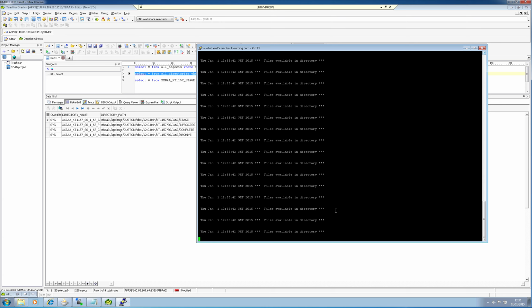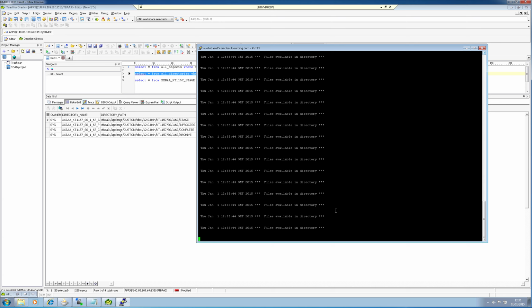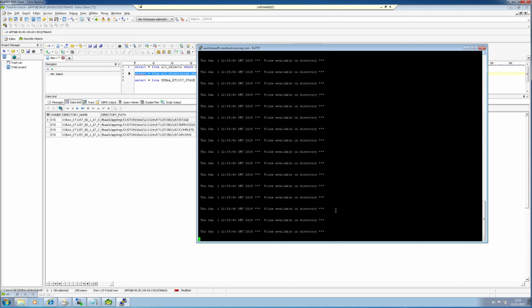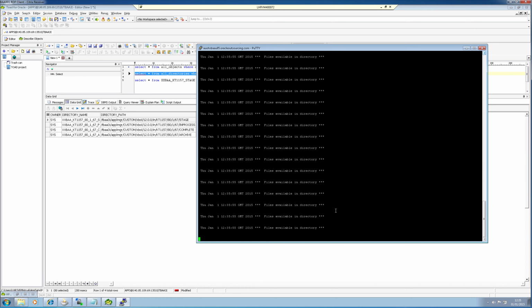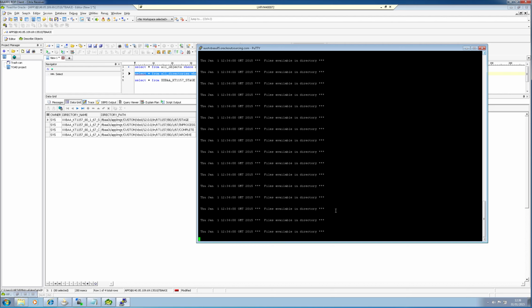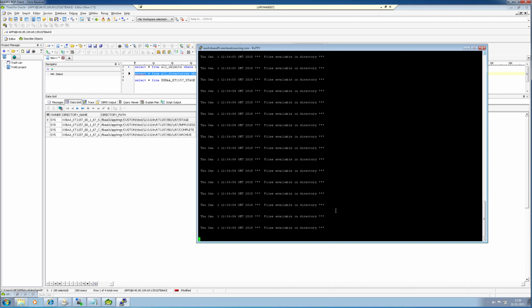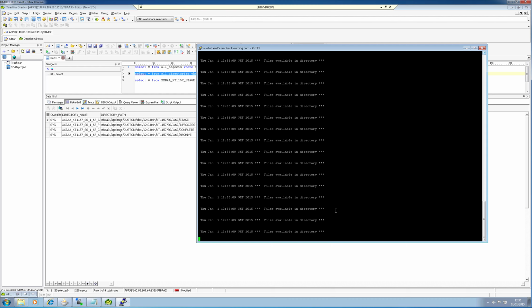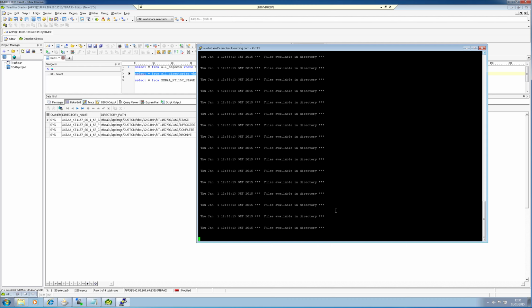Now what it will be doing here is waiting for a couple of minutes just to make sure that the file hasn't been modified. It's not going to get further modifications made to it, which will prevent it from writing the data to the table whilst the file is being written by whatever FTP service is moving the file into that directory. So it'll just keep polling, and it knows there's a file there, so it's going to keep checking it just to make sure that after 2 minutes it's not been modified, and then it will attempt to start the load